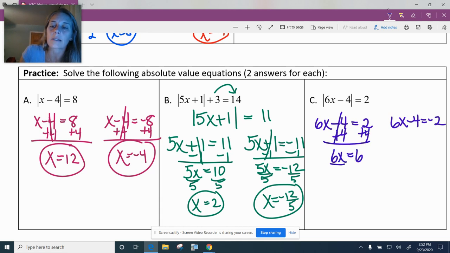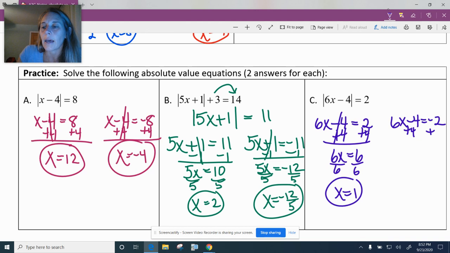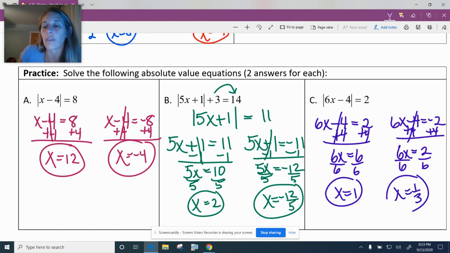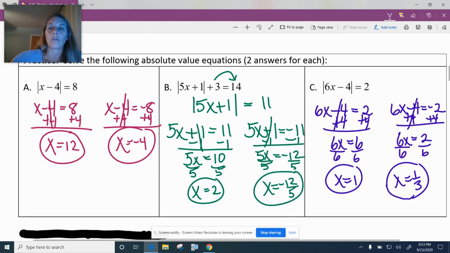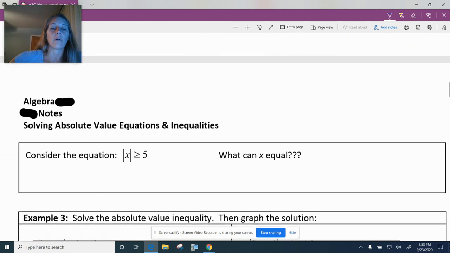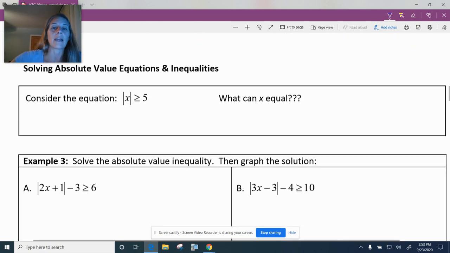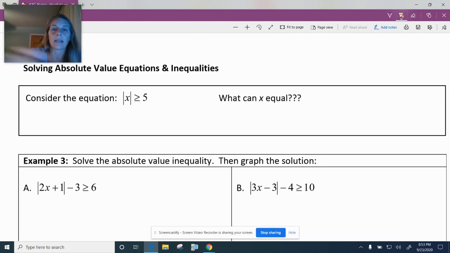6x equals 6, divide. X equals 1 is one of my solutions. Adding the 4 to the negative 2 now gives me a 2. And then when I divide, I get x equals 1/3, because 2/6 simplified is 1/3. Okay, so moving on to the next page, we're now going to go over when we have an inequality sign